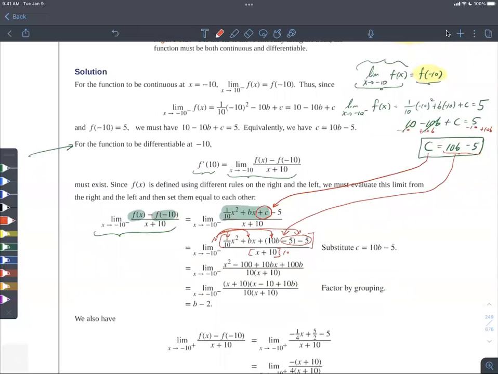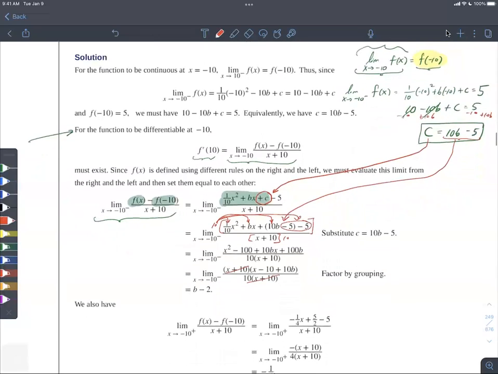We can factor the numerator. The numerator factors to x plus 10 times x minus 10 plus 10b. You can check that using multiplication. Then the x plus 10s cancel. And once those x plus 10s cancel, we should be able to plug in a negative 10 because it won't make either of those factors equal to 0. And so if we use direct substitution from there on, if we plug in negative 10, we get,